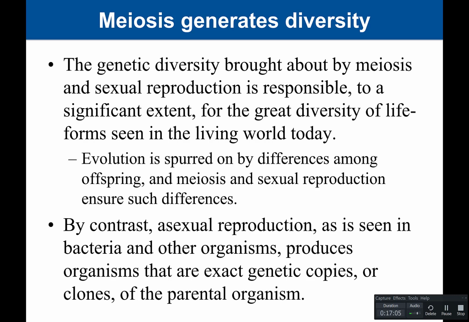significant extent for the great diversity of life forms seen in the living world today. And evolution is spurred on by the differences among these offspring. And meiosis and sexual reproduction ensure such differences because they introduce more genetic diversity. By contrast, asexual reproduction, as seen in bacteria and other organisms, produces organisms that are exact genetic copies or clones